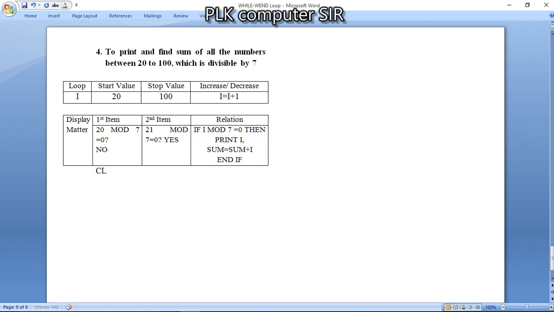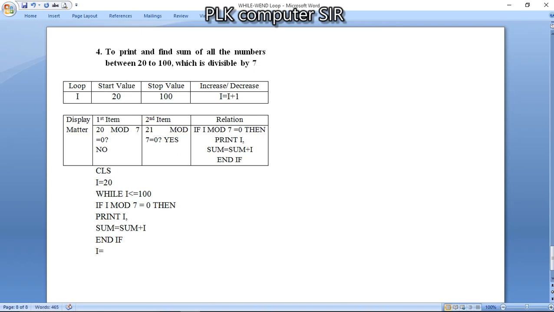So writing the code: CLS, initialization of loop 20, condition is while I less than equal to 100, if I mod 7 equal to 0, then we have to print I, and to get the sum, sum equal to sum plus I in the if.